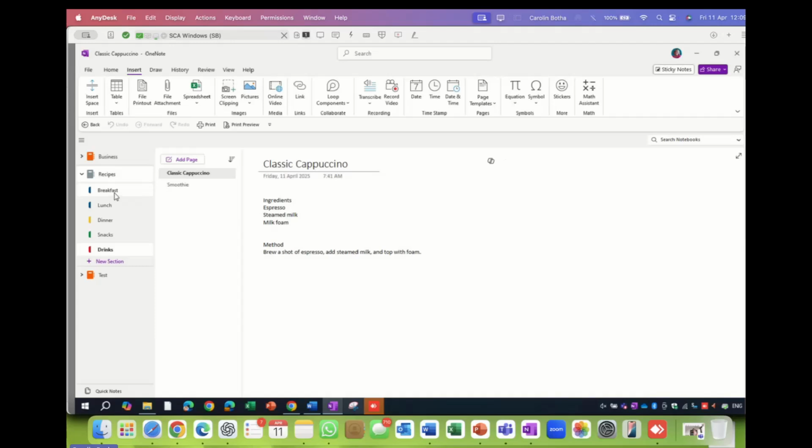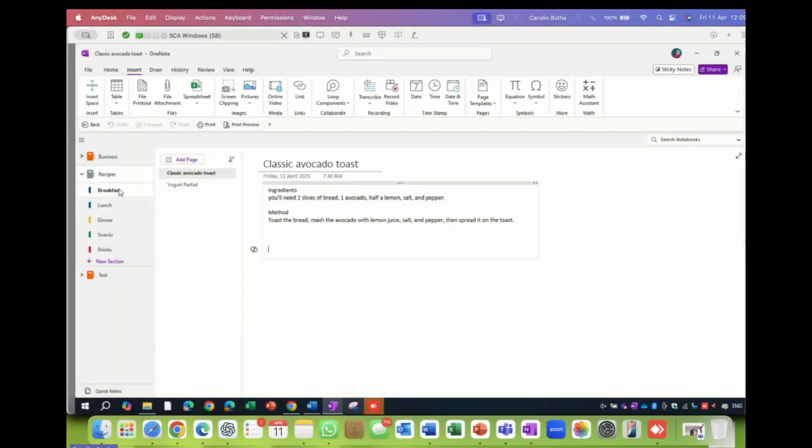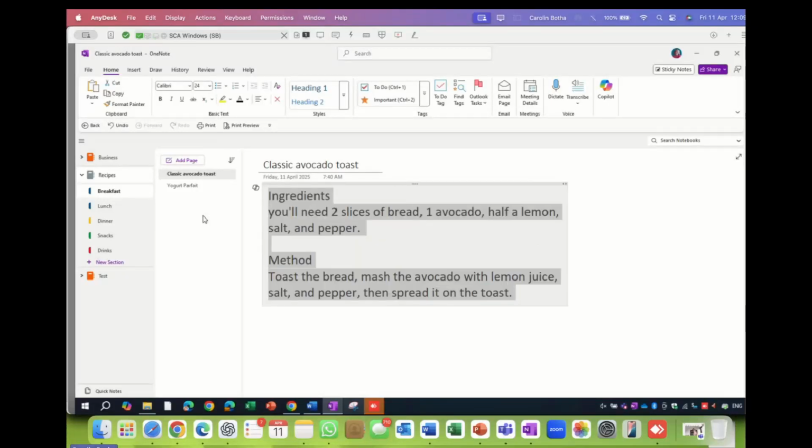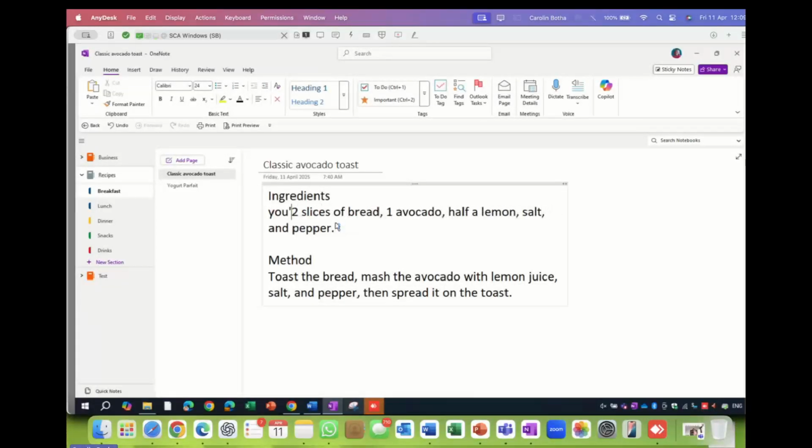And as you can see on the right-hand side, regarding breakfast, I have classic avo toast with the ingredients. Let me just make that a little bit bigger, maybe too small for you to see. There you go. So I have my ingredients.